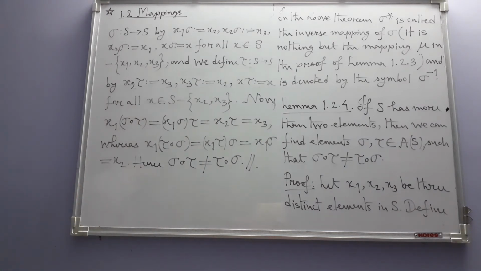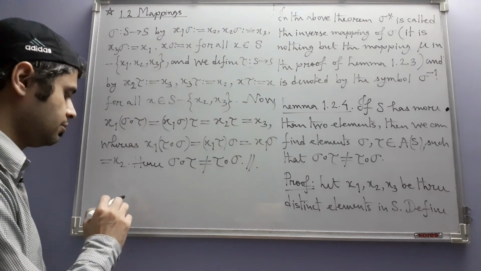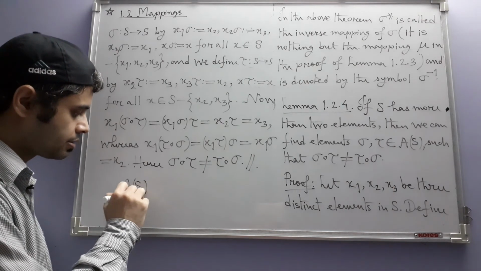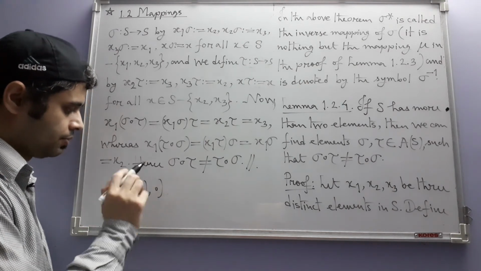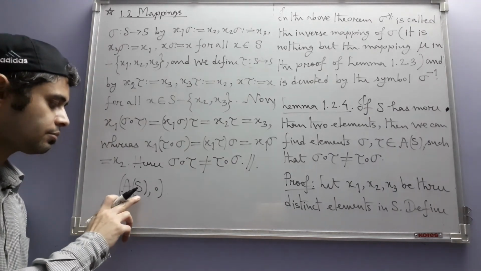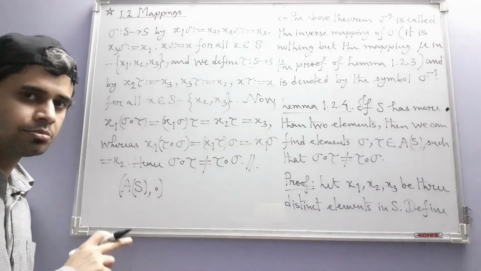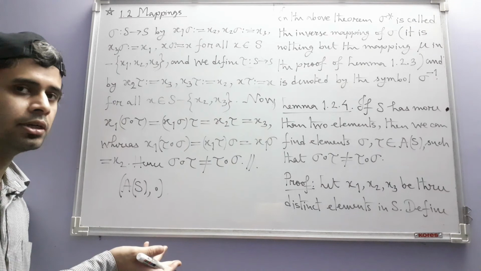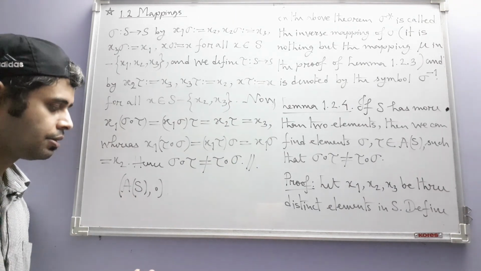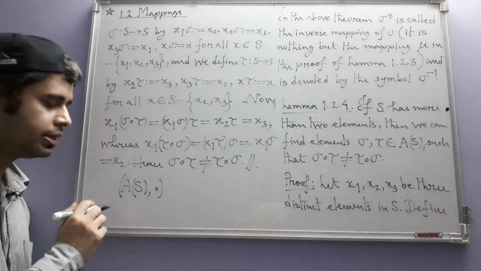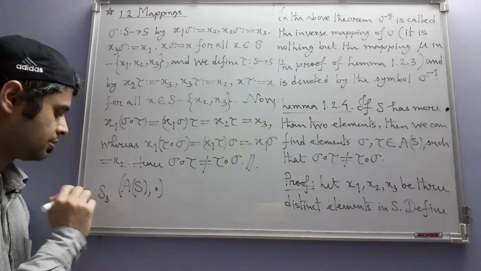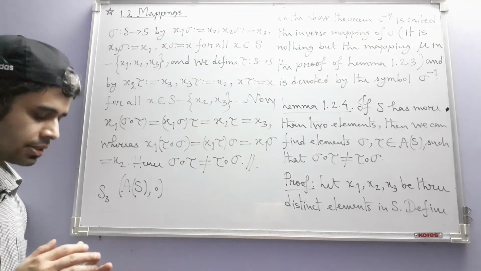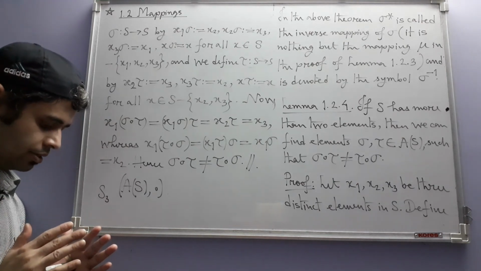lemma 1 to 4. In the language of group theory, if I say prematurely, I am saying it just says that these groups are non-abelian or non-commutative if S has more than 2 elements, that is 3 or more elements, and the smallest such group you already know is denoted by S3, the symmetry group of degree 3. Okay, so we will see about these things in the coming videos, but